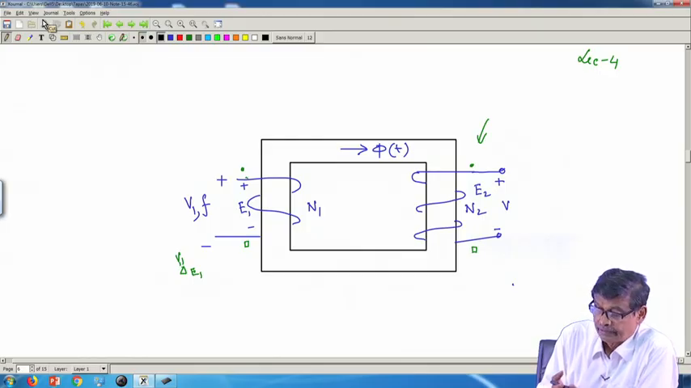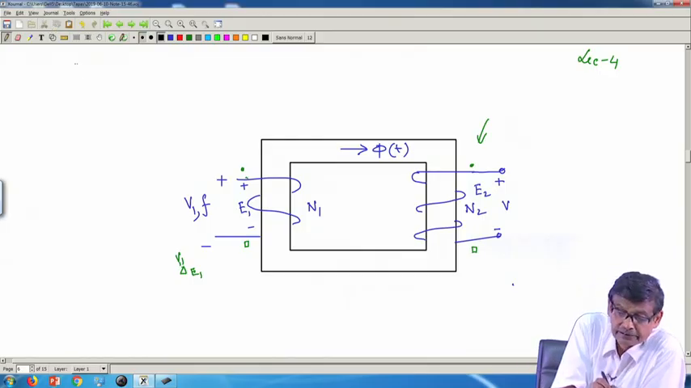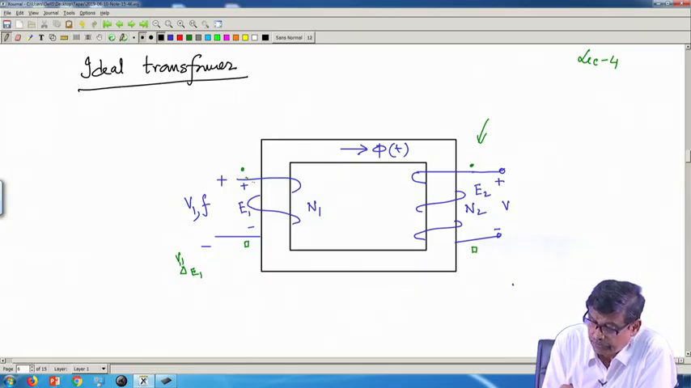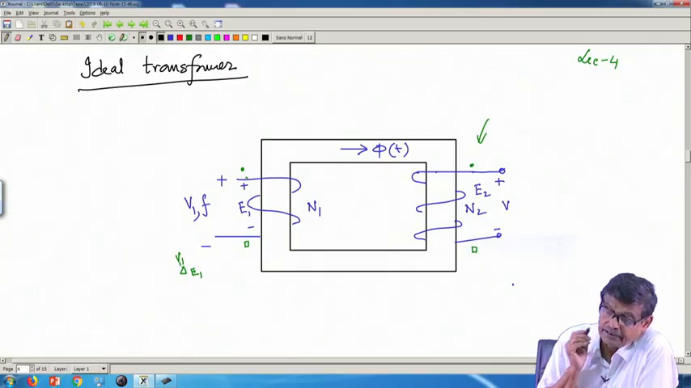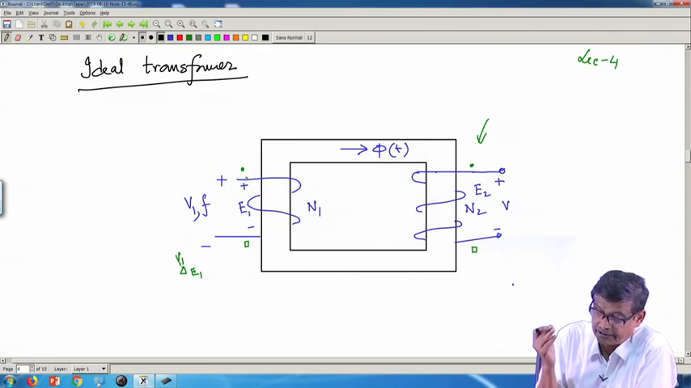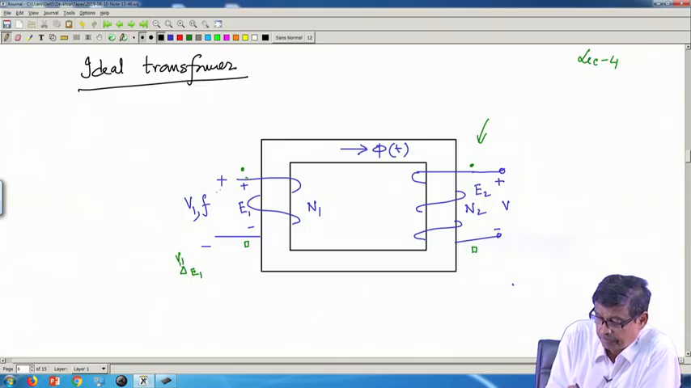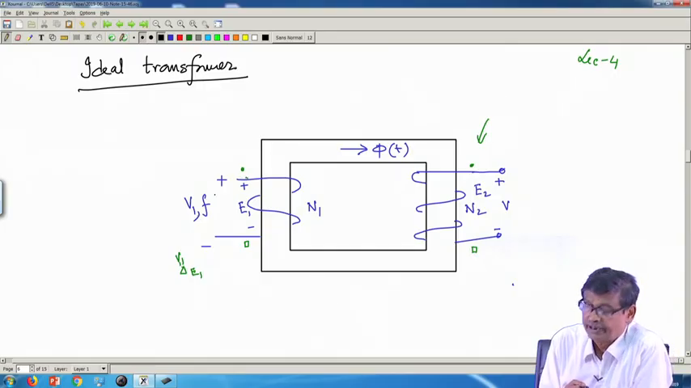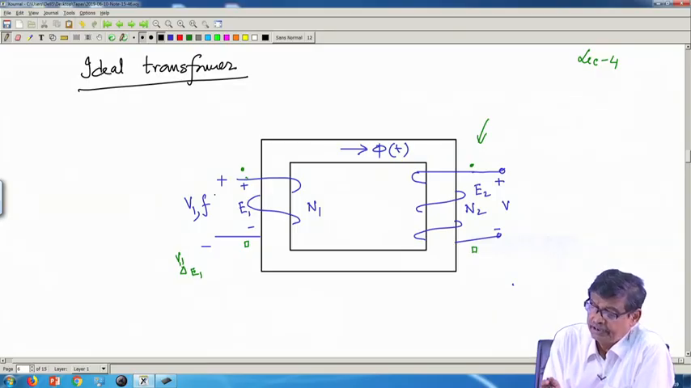One is that suppose there are now two coils and we are discussing an ideal transformer. Ideal transformer means the winding resistances of both the coils are 0. There is no leakage flux and the permeability of the core is infinitely large, which means that if you energize this primary coil with a known sinusoidal voltage at a frequency, then the current drawn is vanishingly small. And if that be the case, then there will be phi t, the peak value of which is phi max,